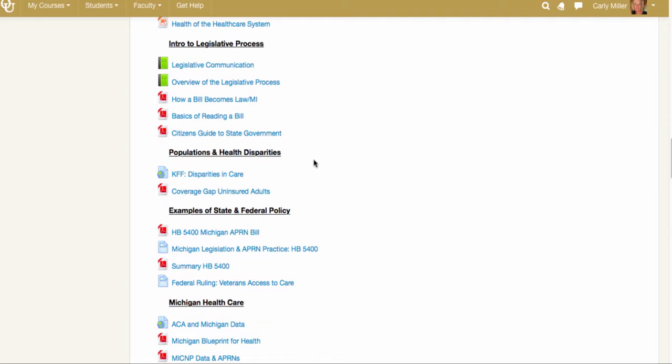Another area that I want you to essentially get out of Module 1 is population and health disparities. So looking at disparities in care and the coverage gaps that we have. A lot of our practice as nurse practitioners can help fit this need. I just want you to be able to link the two together. That's what I want you to get out of this, and how we can improve the disparities in